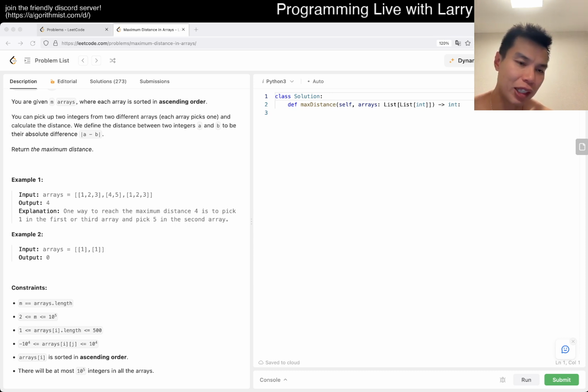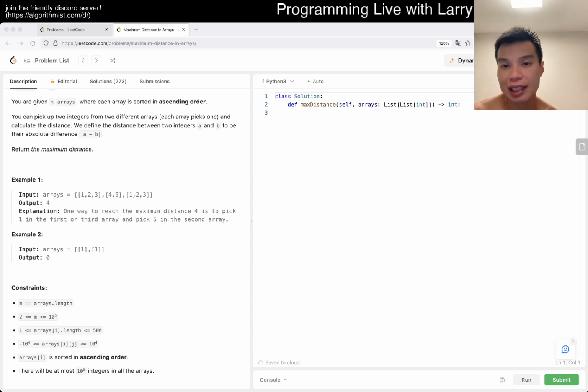yeah, I think for this one, the key observation I would say is that you want one number to be the biggest number and you want the other number to be the smallest number, right? I think that makes sense. That's reasonable. And of course, if it's already ascending, then you already know where the maximum and the minimum number is for each array. And so,